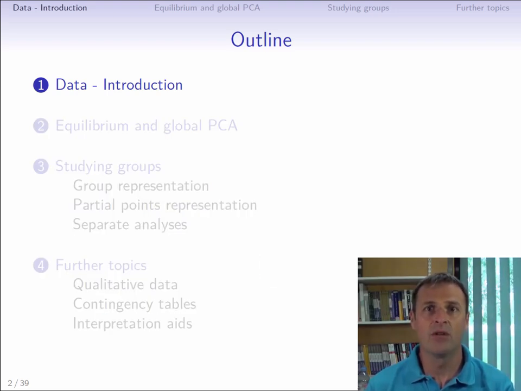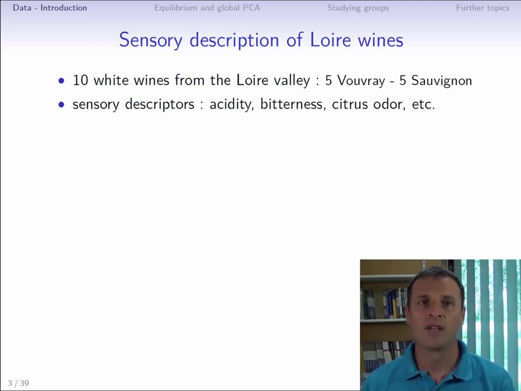Let's start in this video by defining what kinds of data we are working with and what the associated issues are with such data. Let's first look at the dataset which we will use to present the method. This dataset concerns a sensory evaluation of 10 white wines from the Loire Valley. During this sensory evaluation, 5 Vouvray and 5 Sauvignons were tasted and compared using sensory descriptors such as acidity, bitterness,